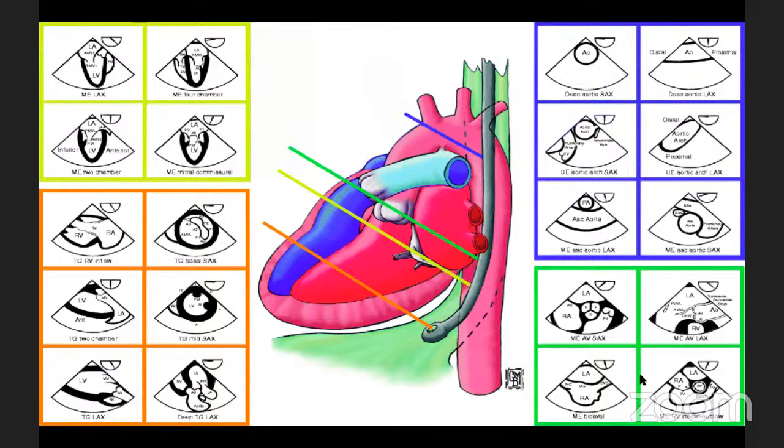With some manipulation, you can get, in the direction and angle of between 90 to 110, what's called a bicaval view, this one in here. This is very important in assessing the interatrial septum. You can see the IVC down there. The left atrium is the closest part of the heart to the probe, so it will be uppermost on the screen. And the IVC will be down, and you can notice the